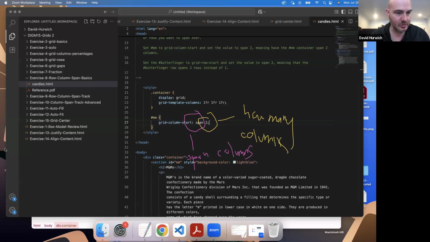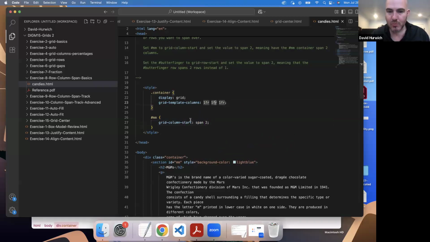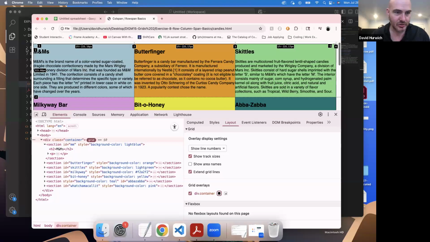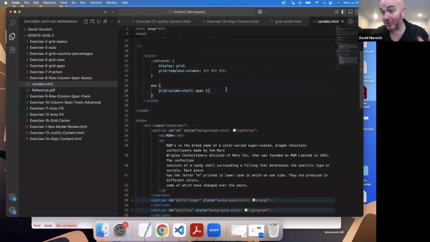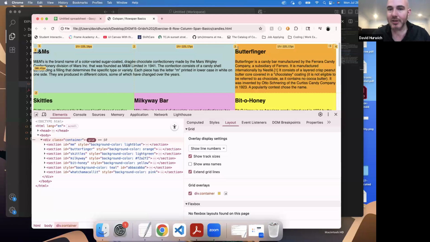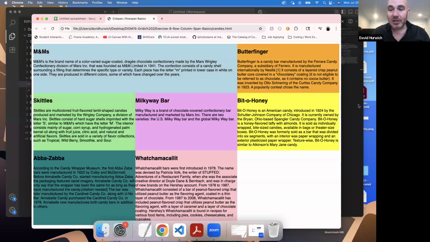All right. So what this is saying is take the M&M wherever it starts. This is where it starts, track 1, and go 1, 2. The result is going to be, see how it's going 1, 2, 3? Because if you start on 1 and you span 2, 1 plus 2 equals 3. And then I get something like this. You can have it span as many columns as you want,